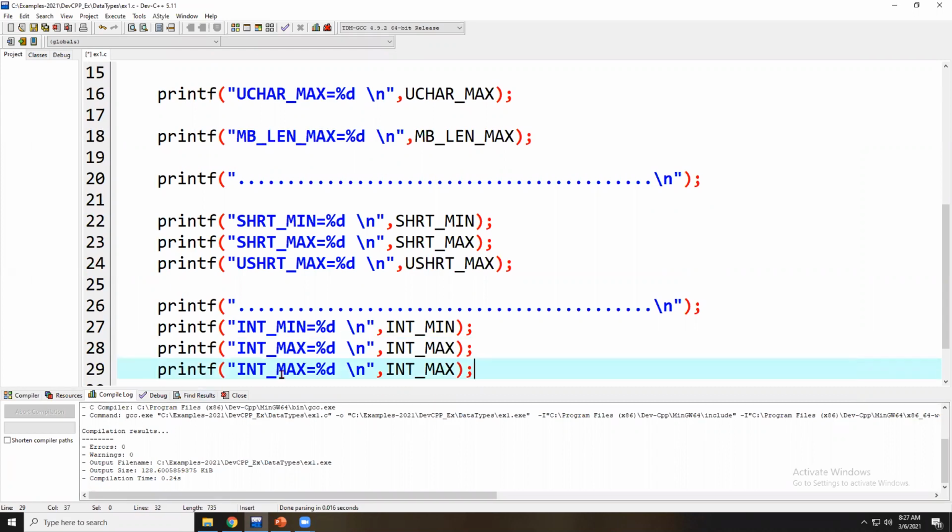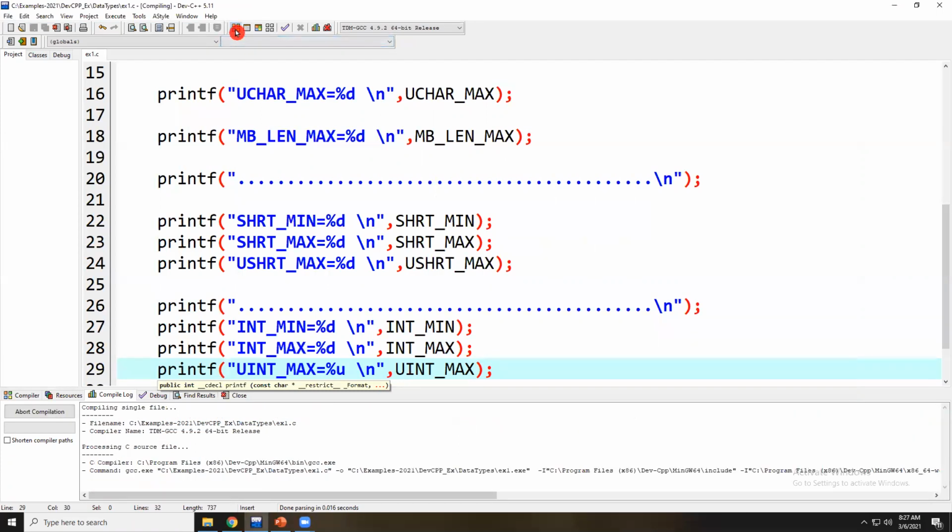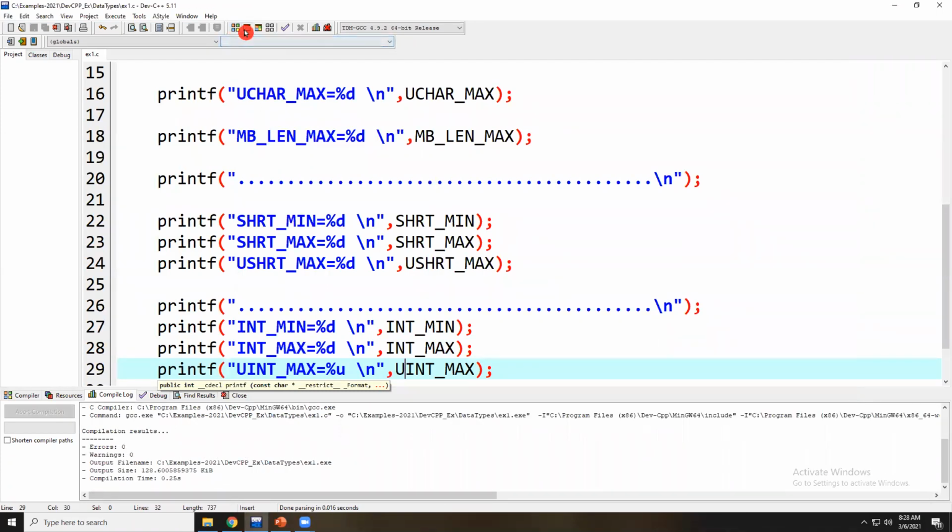I try to print with percentile u. Unsigned means percentile u. UINT_MAX. What is the unsigned integer max constant name? UINT_MAX. Recompile this application and rerun this application.